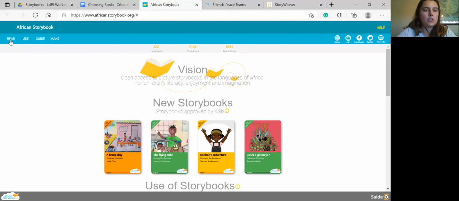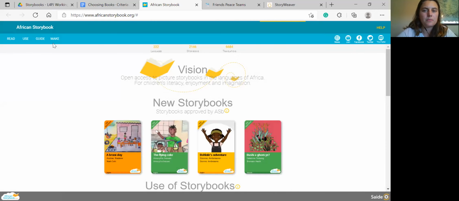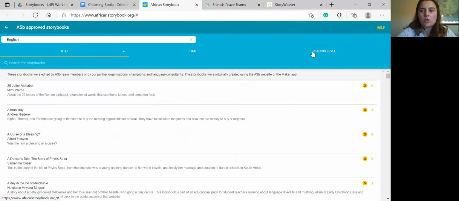So here, like I mentioned, there's the read, use, guide, make. So if you click on read and then click on the storybooks, African Storybook approved. So that's the first one. And it'll take you to this page where you can search English books. You can search the reading level. So you can search